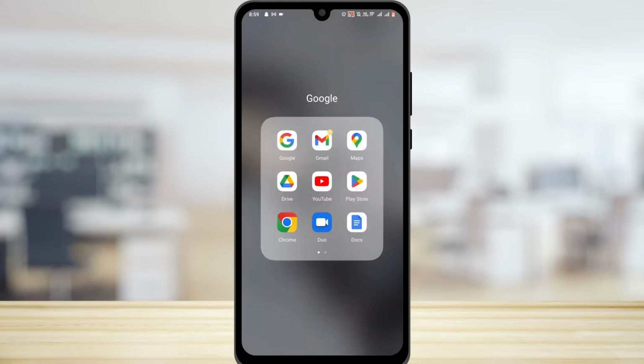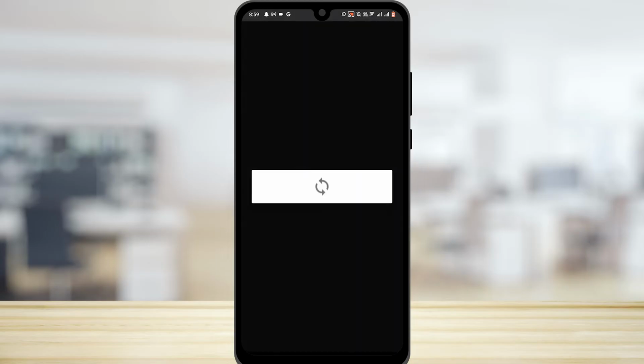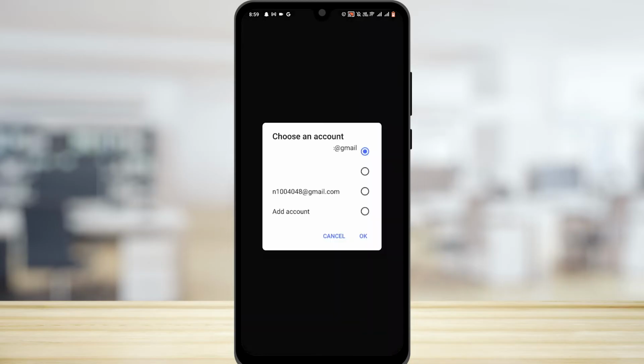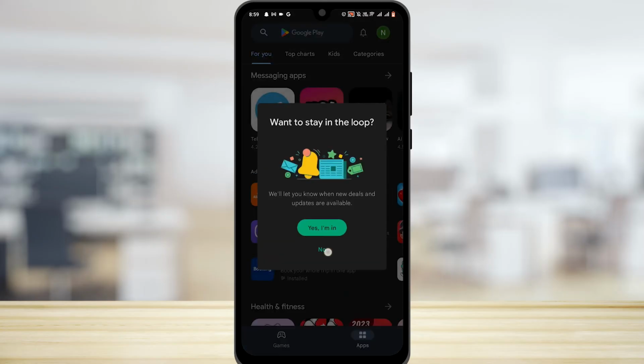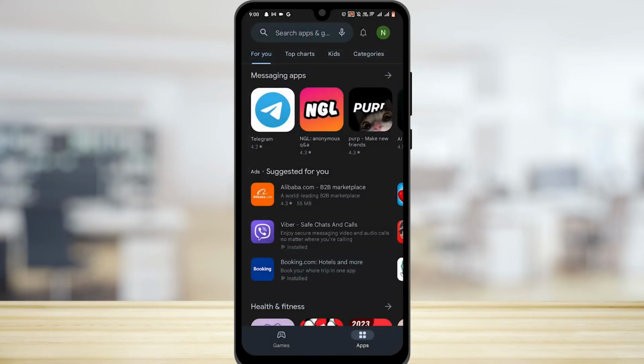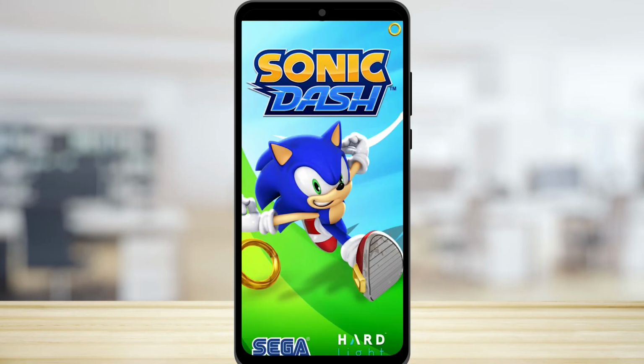done that, I will go to my Play Store right here, and since I have logged out of my Gmail, I have to put in a new account and make sure to choose the one that you want as your payment account as well. Now once I have chosen it and tap on OK, it will log me in as that particular account. Now for your gaming section and your payment section as well, this account will be your main